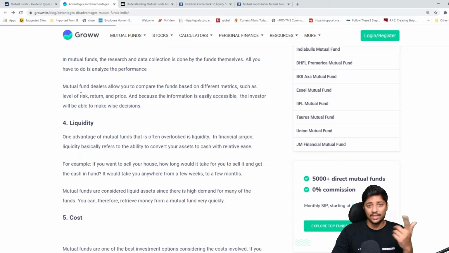That is that liquidity is what the next point is, right? What I was talking about. That if I want to sell, I can sell it right now. Imagine you buy a house and you have to take time to sell the house. Liquidity basically means how fast can I get the money out. So stocks are very liquid. Like I can buy today, sell tomorrow. Gold is also slightly liquid.